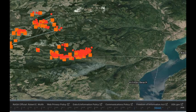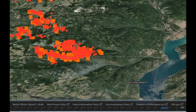We're now looking at the southeastern flank of this fire. It's made an approach eastward towards Okanagan Lake. Here is yesterday and now today. It looks like about a 2 to 3 kilometer expansion eastwards based on the size of those 750 meter orange